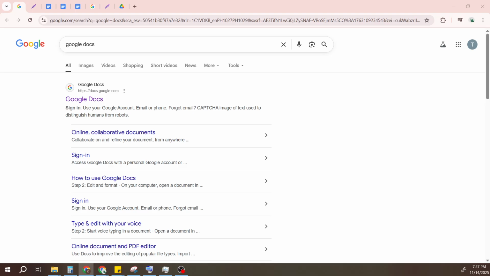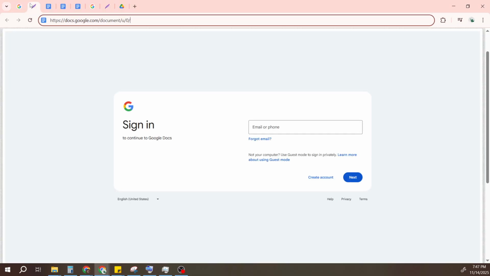documents. First things first, open up your web browser and search for Google Docs. Once you've found it, click on the link and log in with your Google account credentials. If you're not already signed in, you may need to enter your email address and password, so have those handy. After logging in, open the existing document you'd like to work on, or you can create a new one if